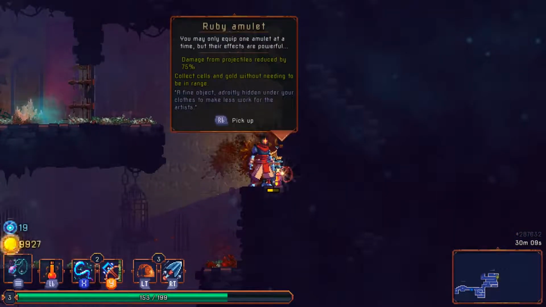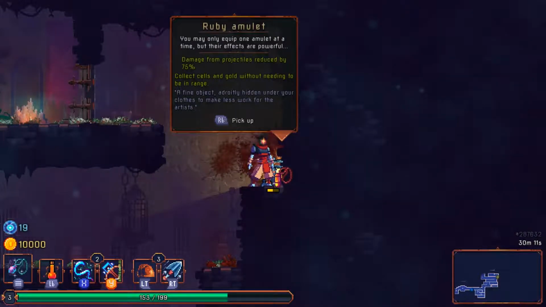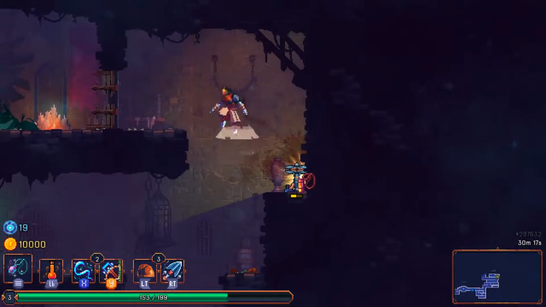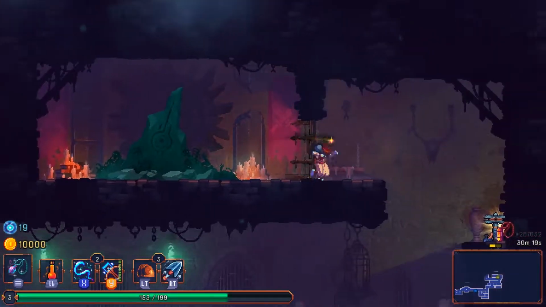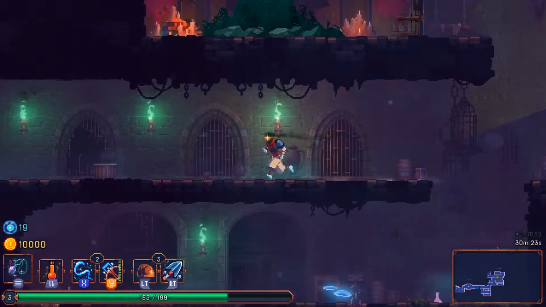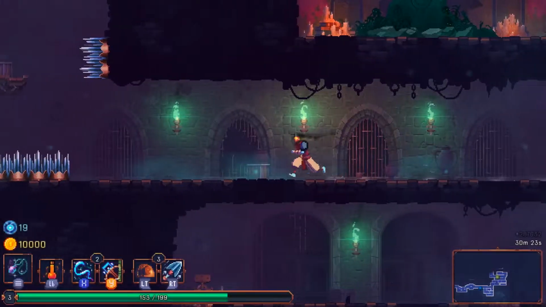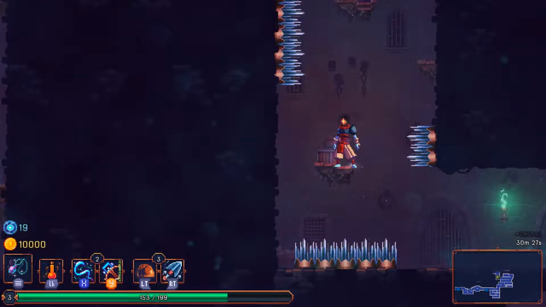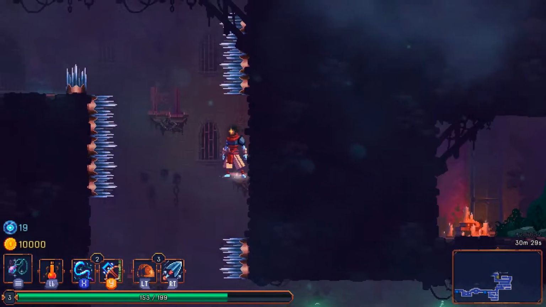All right. Easily tackled. Okay, we get a ruby amulet. Damage from projectiles reduced by 75%. Collect cells and gold without needing to be in range. But none of those is going to really talk me out of the thing that we currently have, which reduces all damage by 15%. At least that's what I remember. Yeah, so I don't really care about just projectiles. I think this is the only way we have to go, so